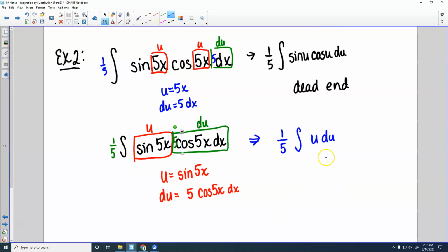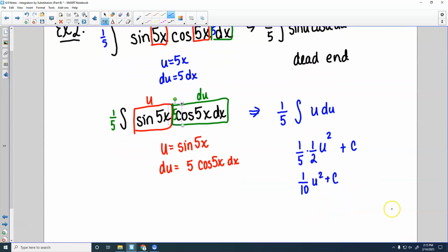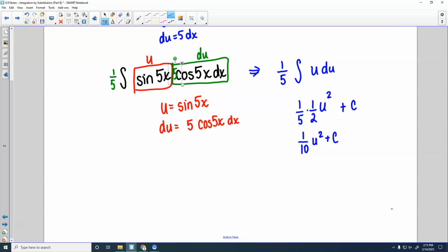And then how do I integrate u? Add 1 to my exponent, so I'll make it u squared. I'm going to just leave this 1/5 right here. Then I would multiply out front, or divide out front by the 2, so I'd get 1/2. Put a plus c over here on the end. So I've got 1/10 u squared plus c. And the last thing I need to do is plug in my sine of 5x for my u. So I'd get 1/10 sine of 5x